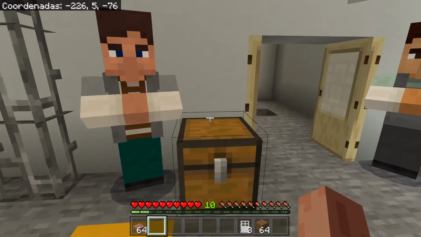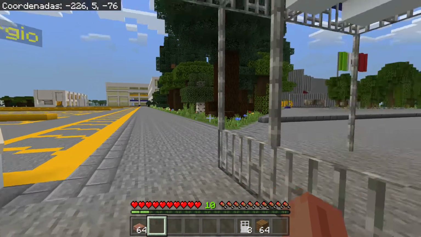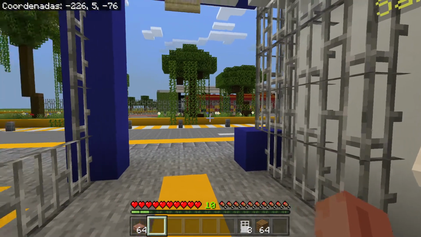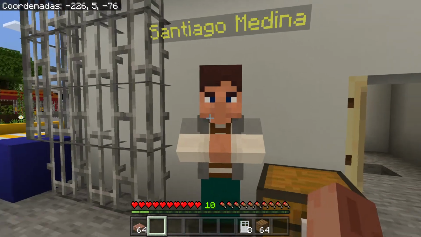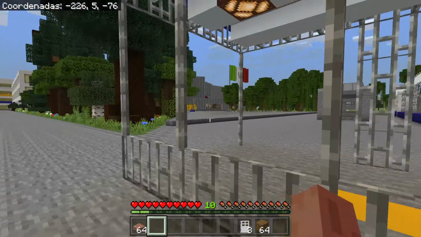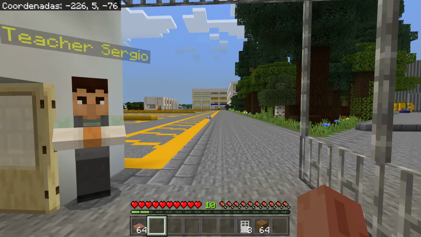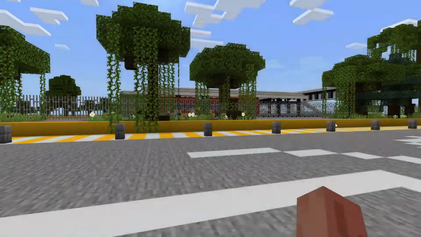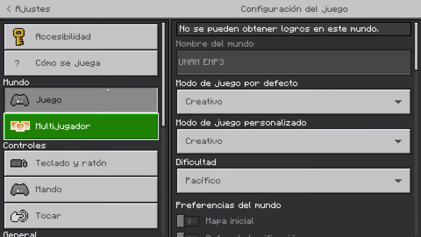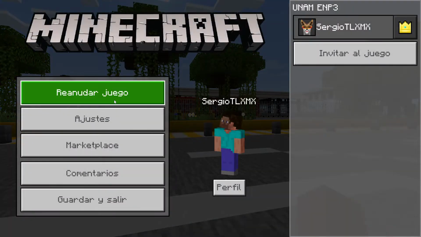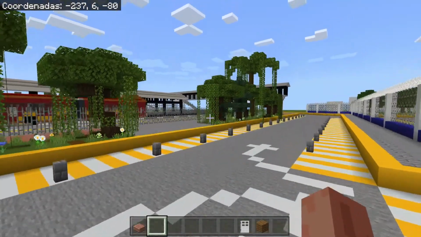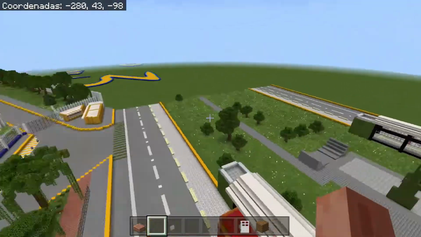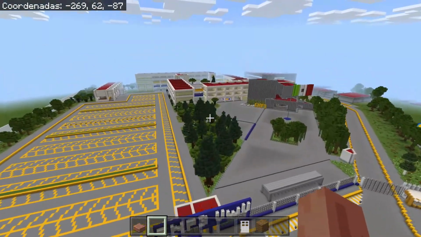The one that I just showed you is very simple, but we will eventually include more interesting ideas in order to make our students interact via dialogues with the different characters that will be sprinkled here and there. So I hope that you have liked this place. Let me go back to the settings and go back to creative mode so that I can once again float and show you. Here is the Metrobus. You can even go to the other side of the Metrobus.